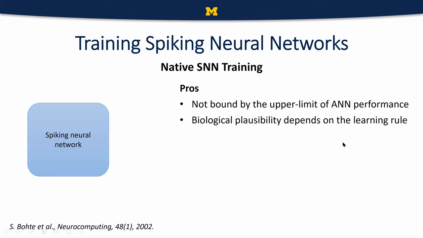Now, there's the propensity for biological plausibility of your learning rule. Why is biological plausibility good? Because biology is good, because power consumption is good, because evolution has optimized biology for us in a sense. Now, although backpropagation of the gradient is perceived to be quite implausible, I still want you to keep in mind